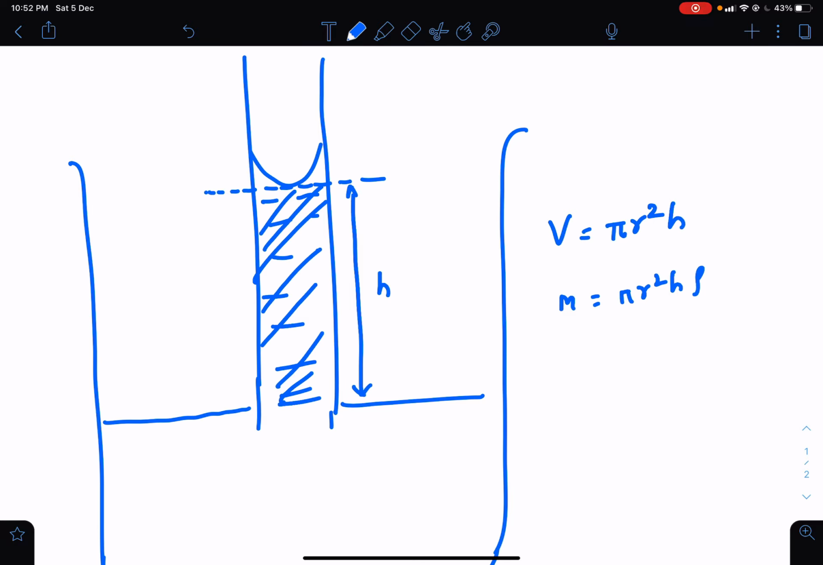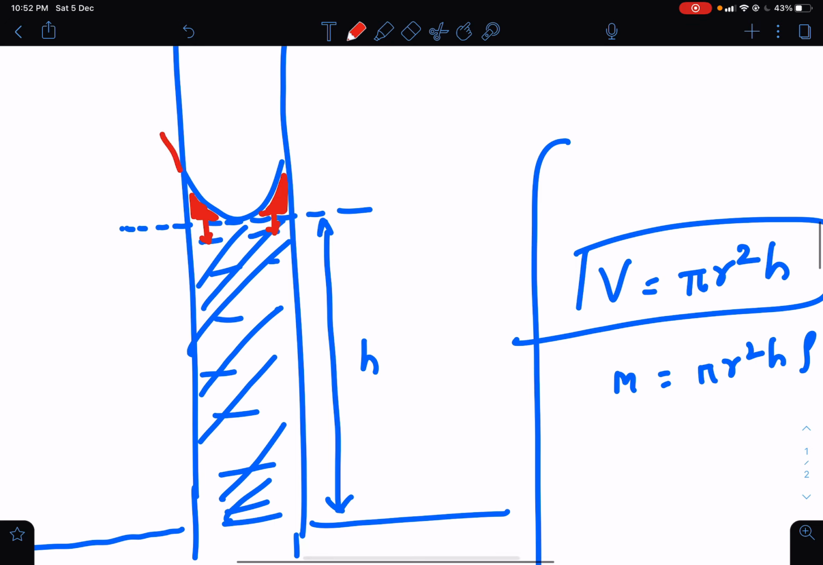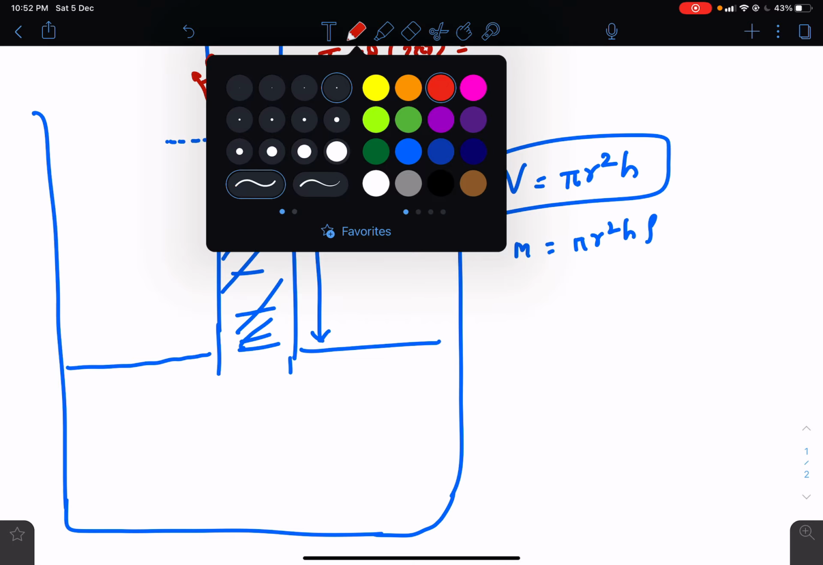Actually this is wrong, like volume is not pi r square h in the tube. So what we normally ignore, and that is very complicated also you can say to calculate, is this red shaded part. So this much water we ignore and its mass we don't take into account, and while doing the force balance, force balance means this T cos theta, because this angle will be theta, into 2 pi r, we simply equate it to the weight of only the blue shaded part, I mean this entire part, and this is what we consider to be the